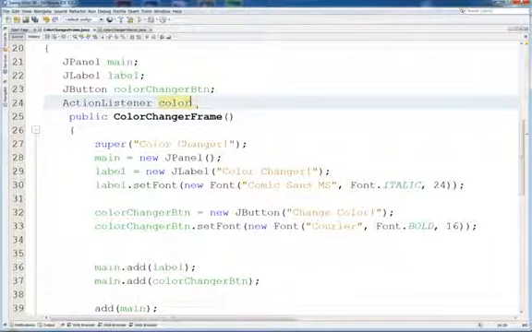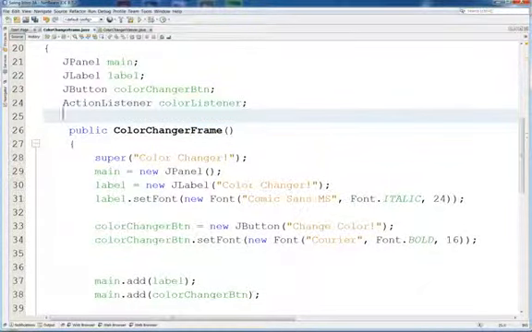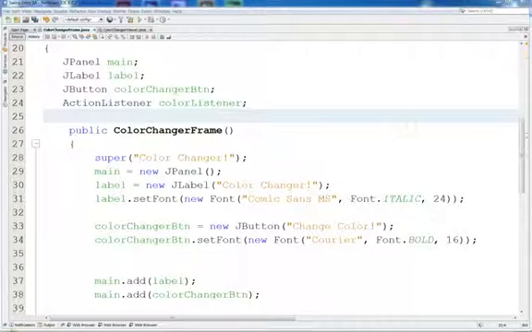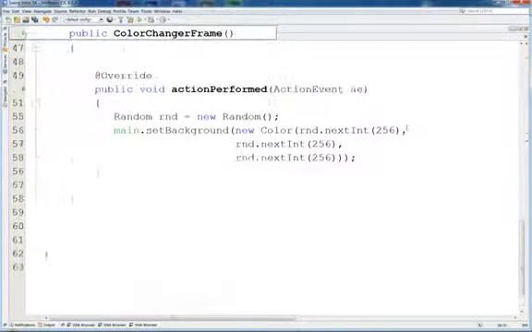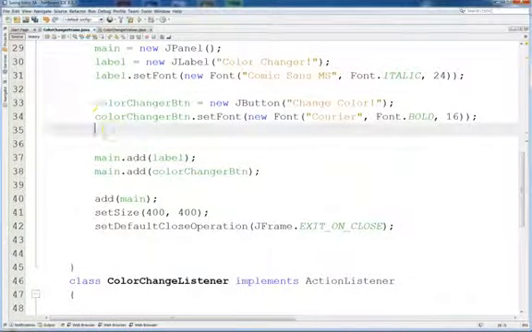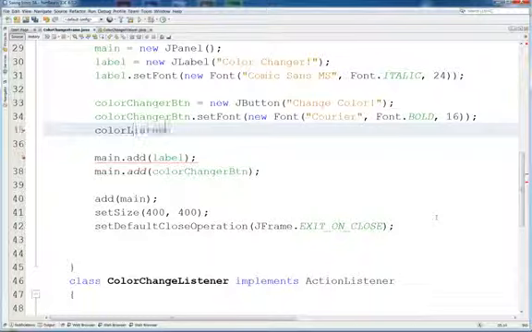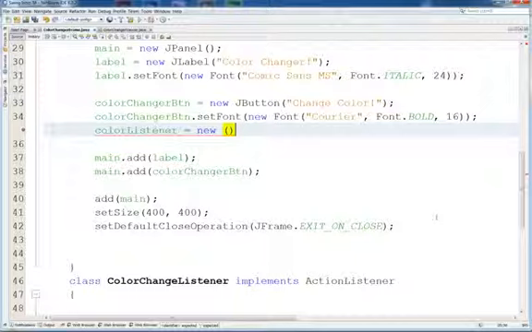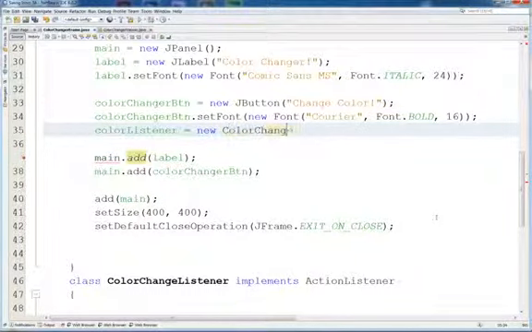Now let's just call it color listener. That'll work. Okay. And we'll come on down here. Find that button. There it is. So let's make our color change listener. Or sorry, color listener equals new, and then here's, whoops, didn't mean to do that. Here's where we use our inner class. So color change listener,